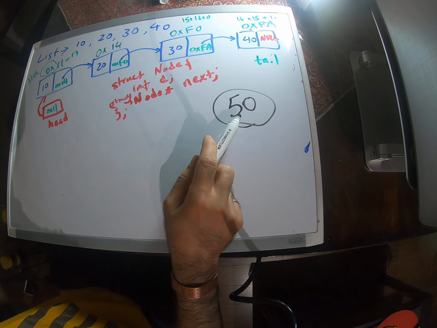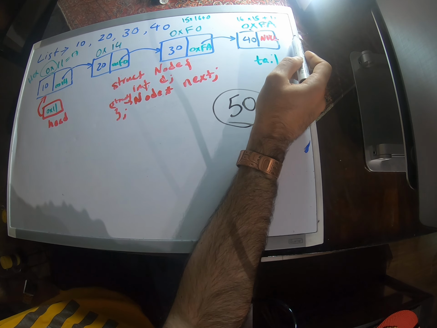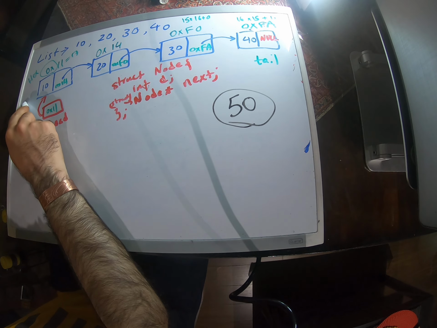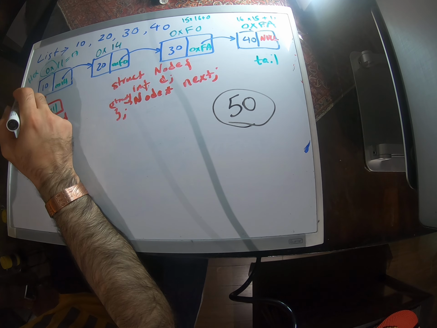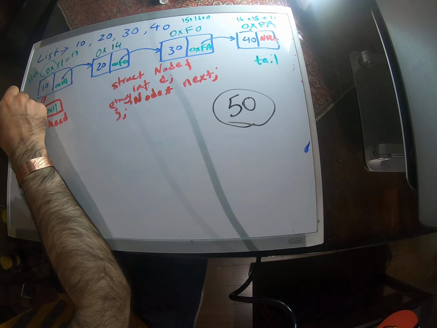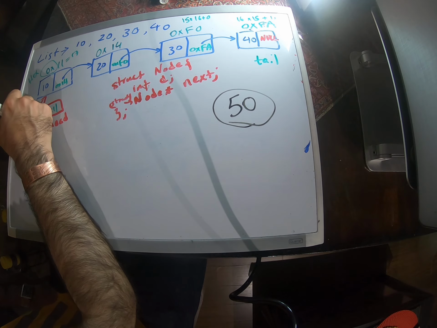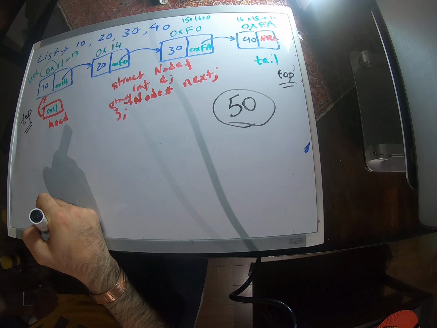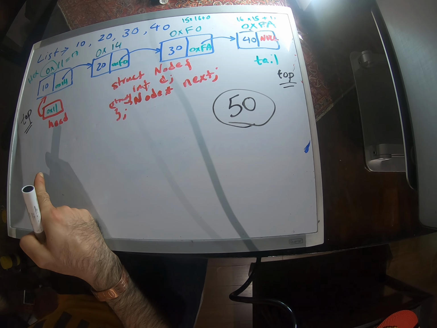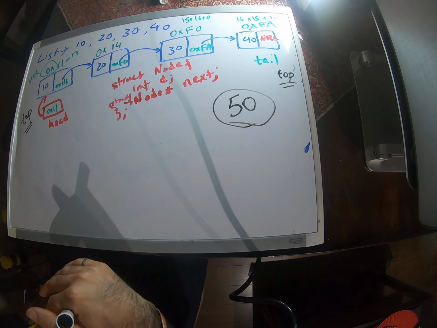Am I going to insert 50 here at the tail, or am I going to insert it here? In other words, is the top of the stack going to be here, or is it going to be here? Which one? In order to answer that question, you have to go back to what we